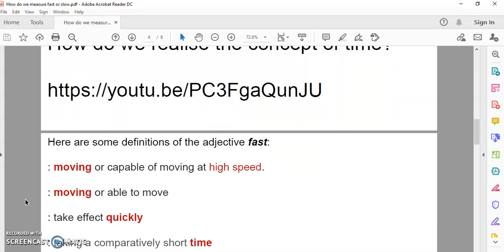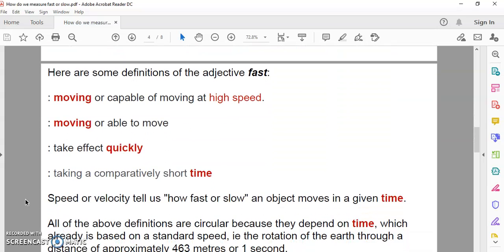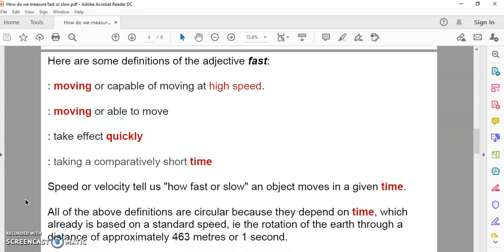So here are some definitions of the adjective fast, because fast is really an adjective, just as slow is an adjective. So it's moving or capable of moving at high speed, moving or able to move, take effect quickly, taking a comparatively short time. Now, all of those definitions are circular because they depend on time, which already is based